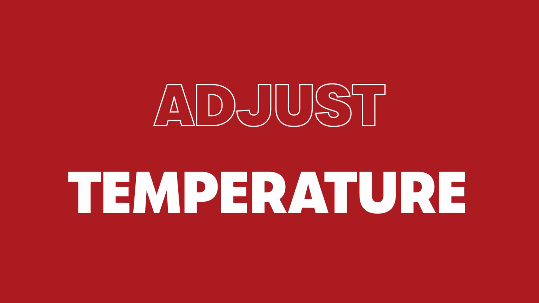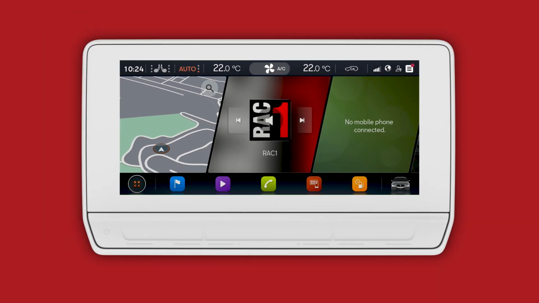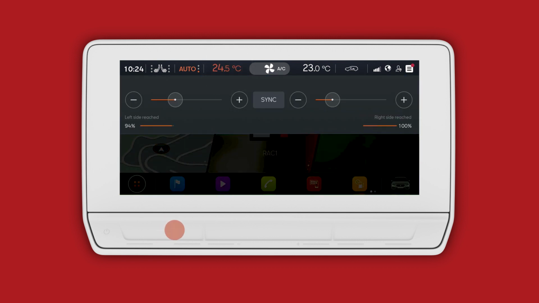Want to adjust the temperature of your Seat Leon? Easy. Everything you need is in the klima bar. From here, there are a number of ways to adjust the temperature. Either swipe on the temperature bar directly, open up the mini pop-up and slide the control bar with your finger, or simply swipe or tap on the touch slider.